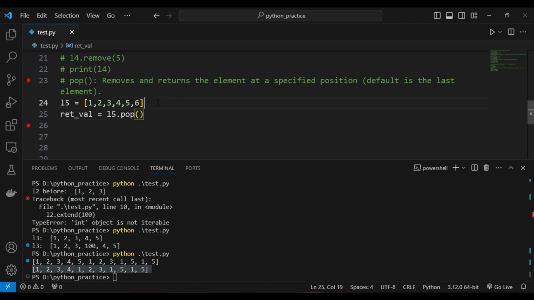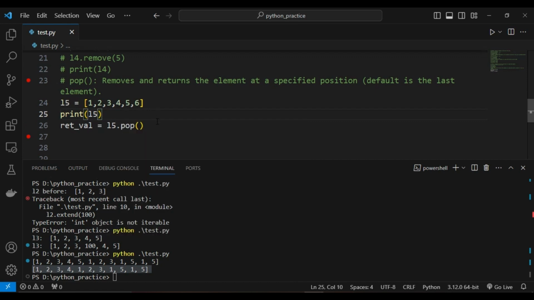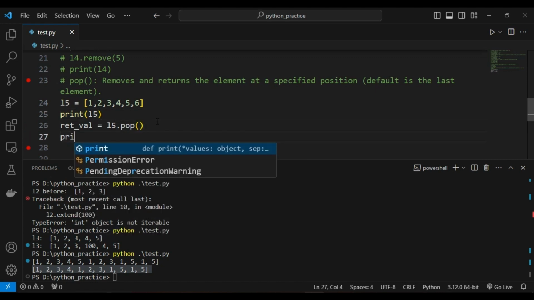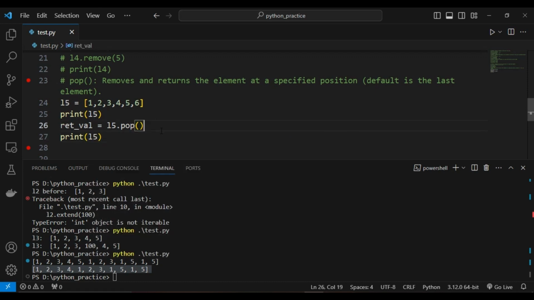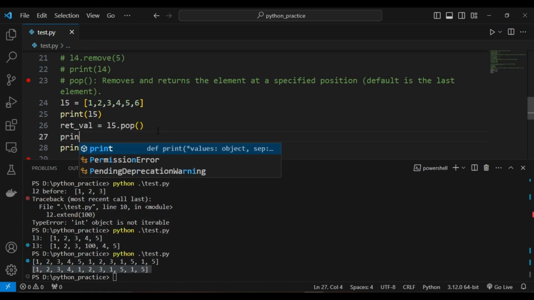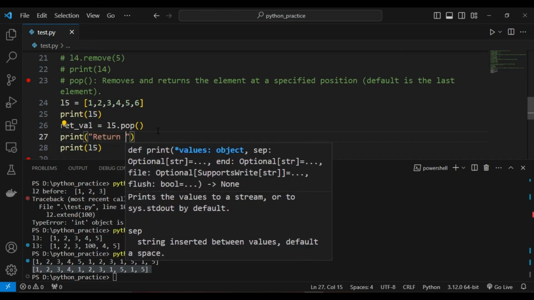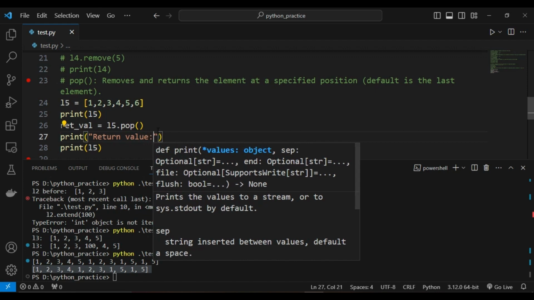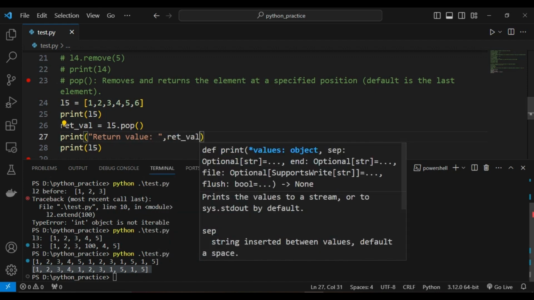So now we will first print this L5 before pop, and after pop also we will print. And we will print this return value, that is ret val. If I run this,